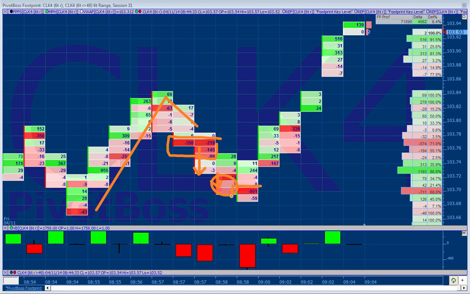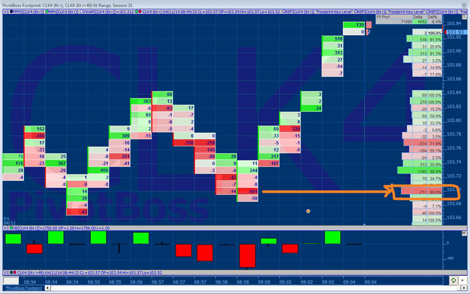And then 800 contracts come in to sell at 103.70. 69% of the contracts that came in at that price were sell side. 69% for the day. That tells you right there, this is a visual cue of the bears having a short position. You can see the bears having a short position. 800 contracts short, and what does price do? It takes one lower and then pushes up.